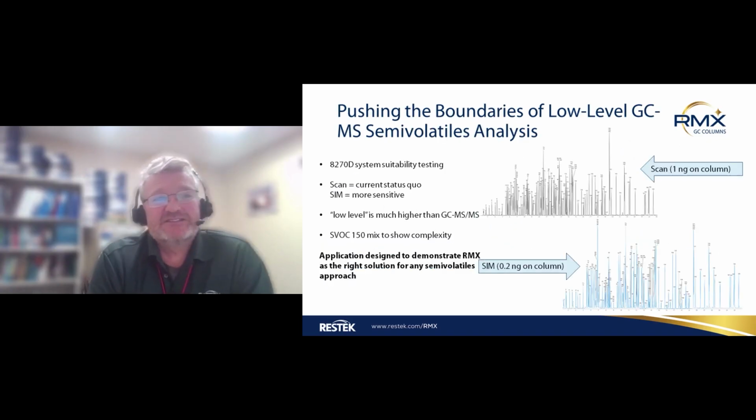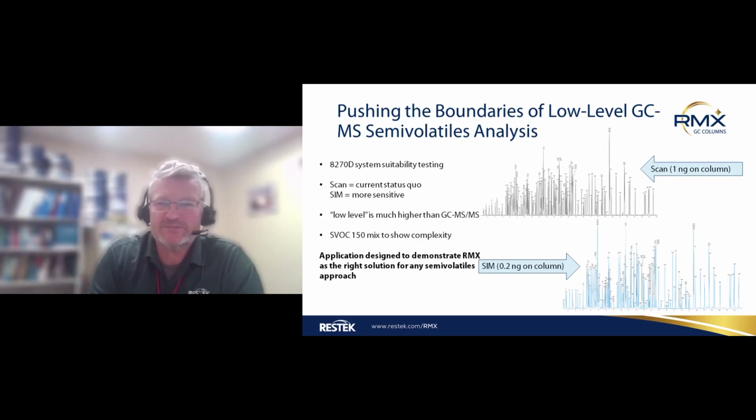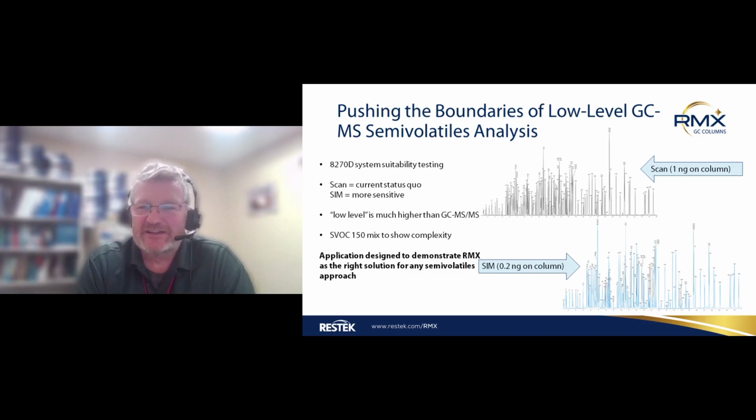In this case, this is the GCMS at 1 nanogram on column, which we easily have the sensitivity necessary for. That's certainly not a problem, especially on a standard, newer GCMS system. With single-ion monitoring, again, we have plenty of signal down at 200 picograms on column, or 0.2 nanograms on column, in this chromatogram.